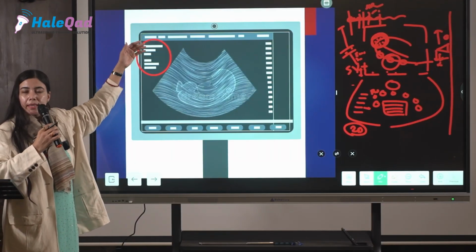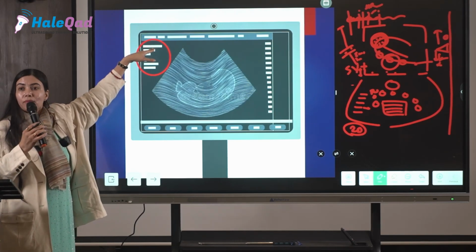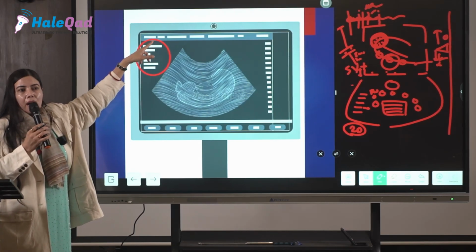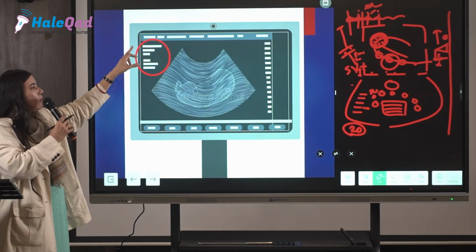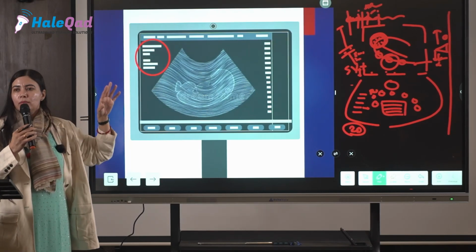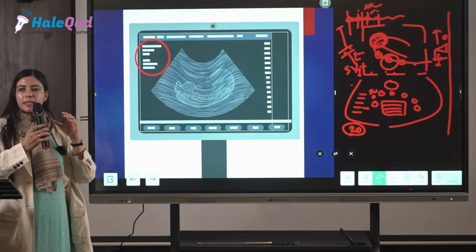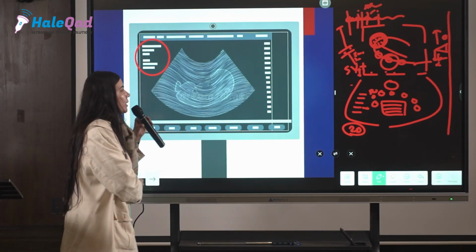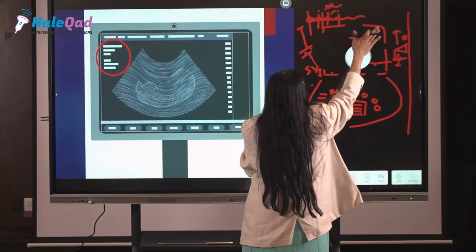Frequency, okay, frequency is there. So they are writing here, and one very important thing which is coming is frame rate, FR. So frame rate is very important. What is this frame rate? As apparent from the name, rate of framing, how many images it is framing. If my frame rate is high, I'll be having a very good image.